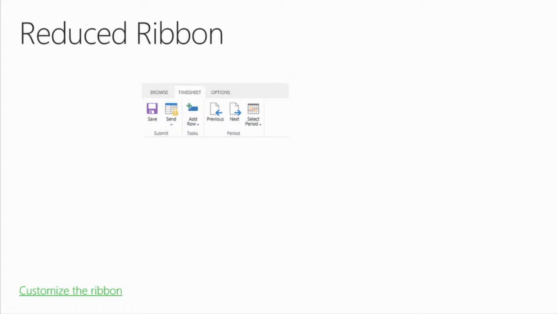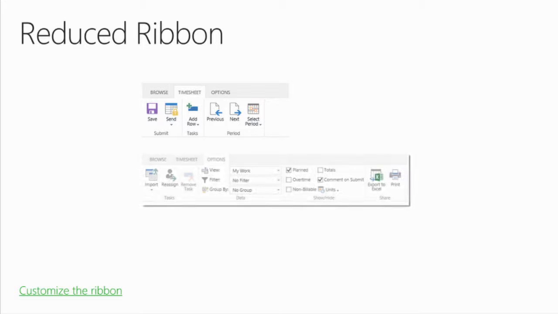If you're familiar with previous versions of the ribbon, you may notice a few commands missing. Don't worry, we've not removed the functionality. We've just hidden it one level deep. You can access all of the other functionality via the second tab that you see up there called Options. And here you'll find all the commands that were moved off from the default ribbon. This is based on our research. We feel that a lot of the commands were infrequently used and typically only used during setup of the timesheet